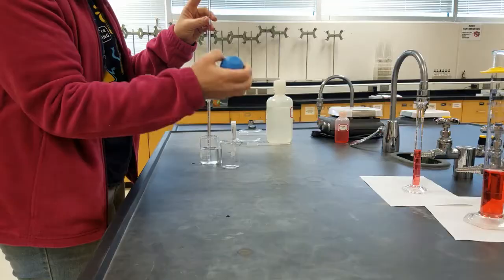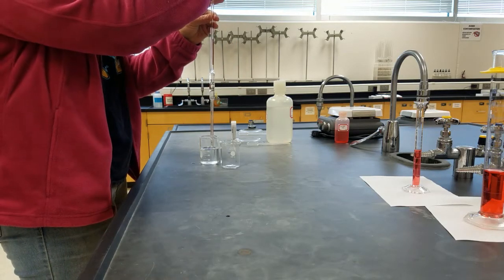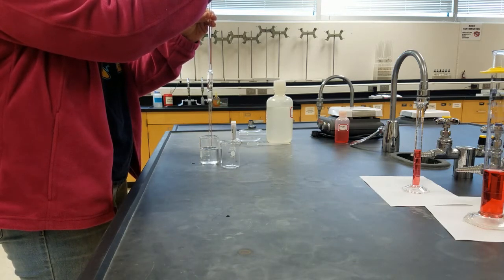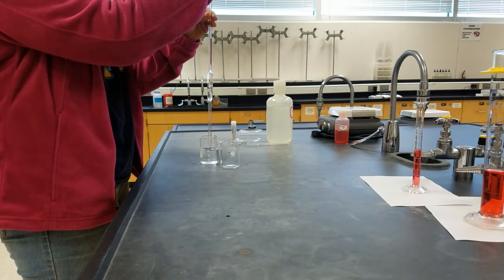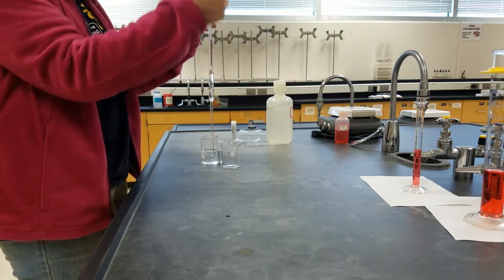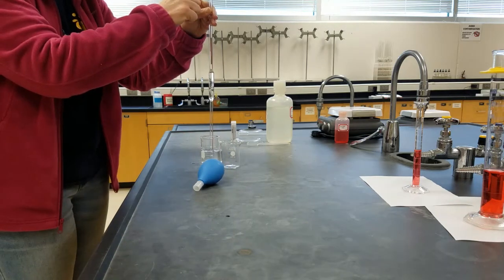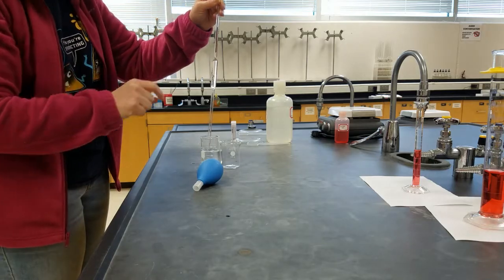Squeeze the bulb before you put it on top of the pipette. Draw the liquid up into the pipette. The slower you release the bulb, the further you can get the liquid up into the pipette. If you are not able to get it all the way to the line on the first squeeze, you can squeeze it again, put it over the top, and slowly release it. But you want to put your finger on top of the pipette to make sure that you hold that liquid